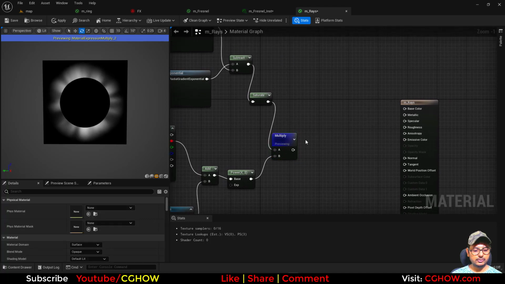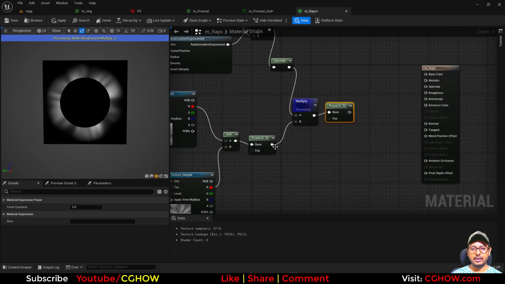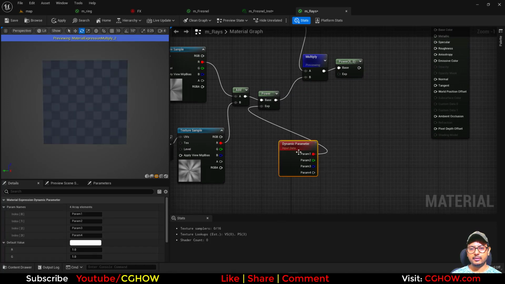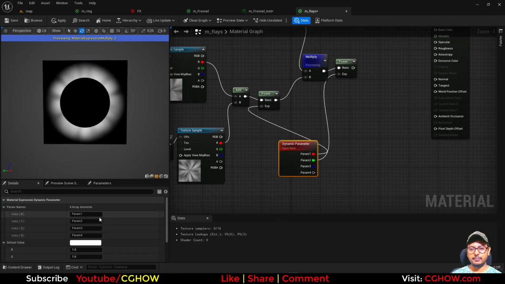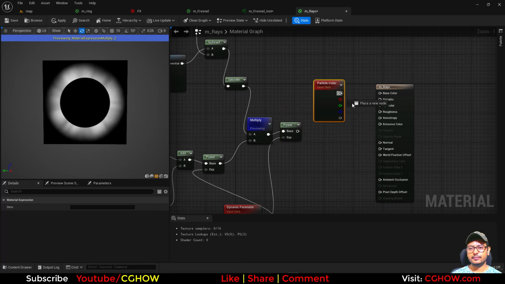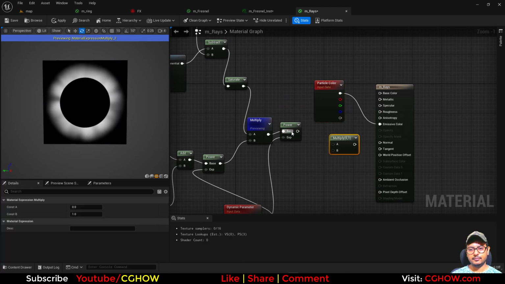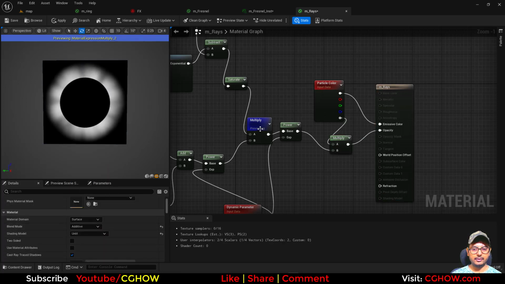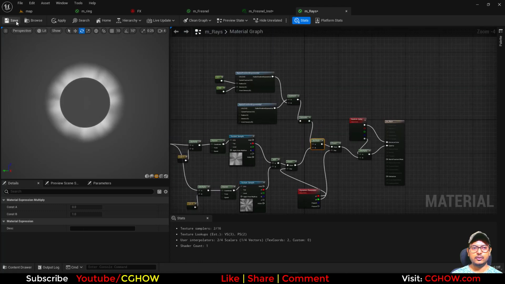You can use a power again here, and we have one power here. I'll take the dynamic parameter. This is first power, second power, P1, P2, and that's it. Particle color, additive, unlit. So I'll save this,